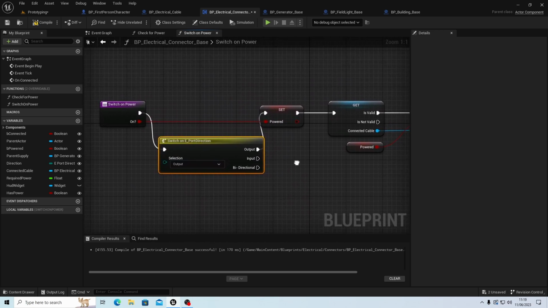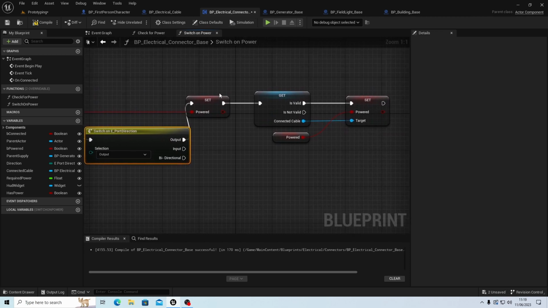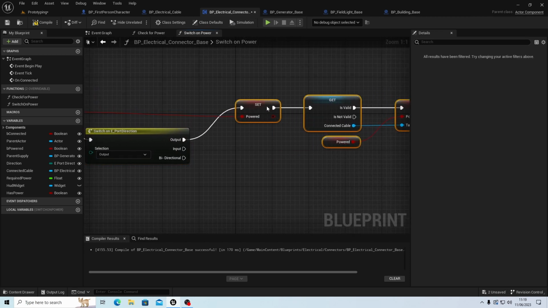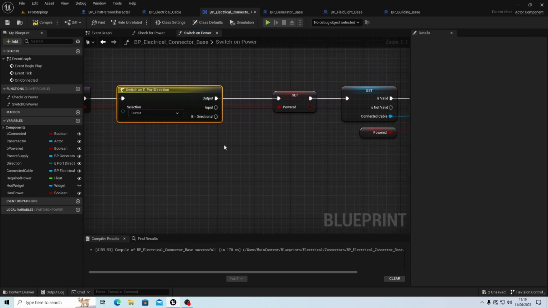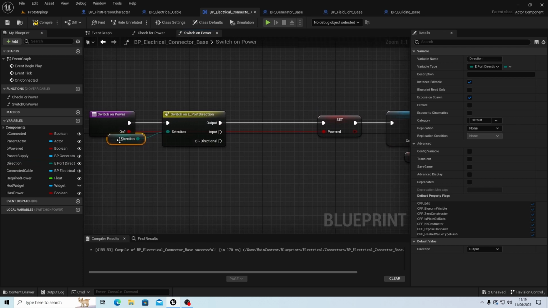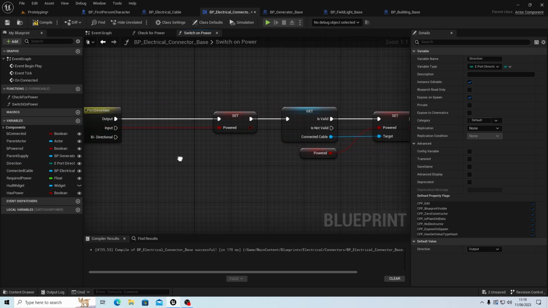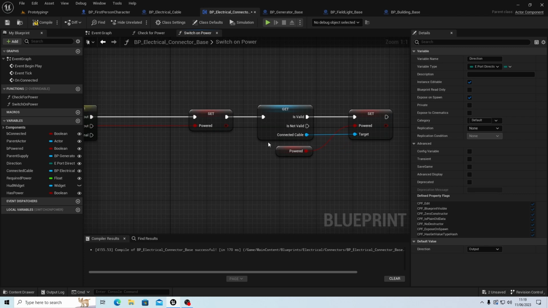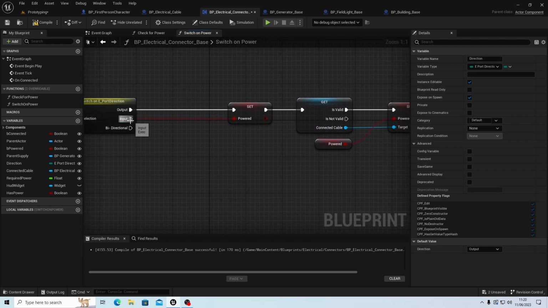So the electrical connector, if it's an output, and if it's an input, and if it's bi-directional, and we do that by our direction here. So if it's an output direction, we set the connected cable to powered. Yeah. If it's an input,